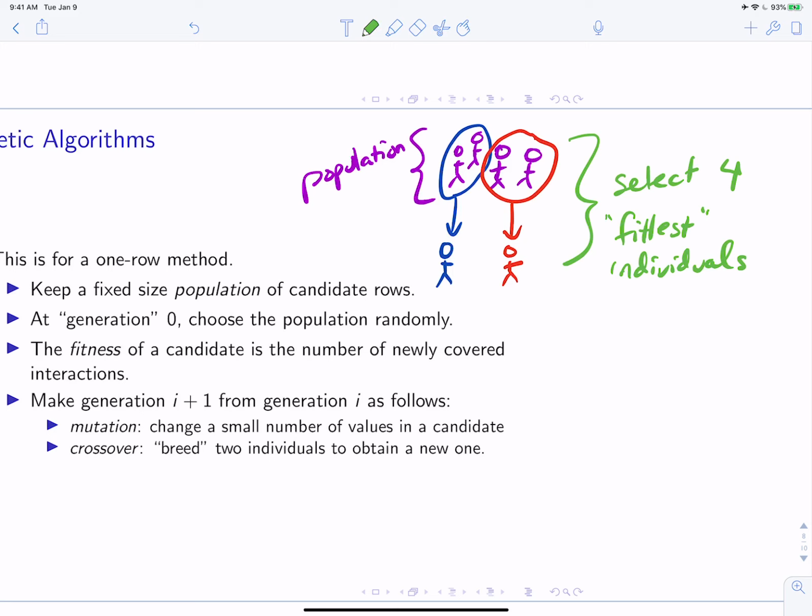So maybe this parent and both kids are the most fit individuals. And what we'll do is now they're the 4 individuals in the population. Now we'll breed them and then carry on the next generation and just keep going, trying to keep the fittest